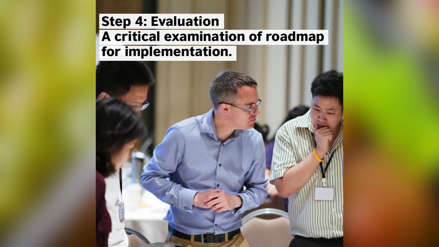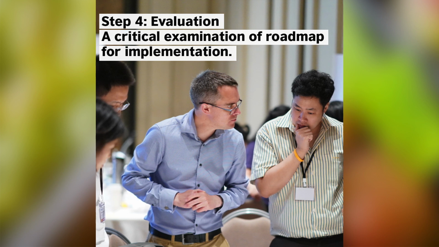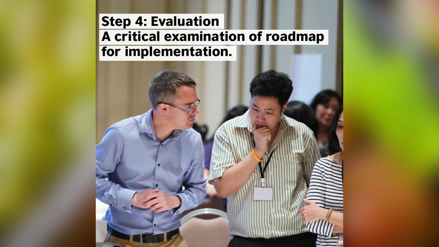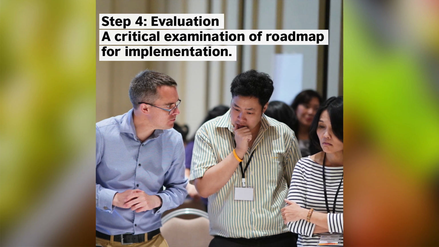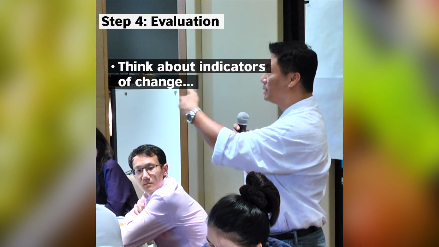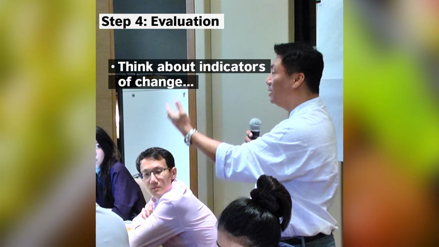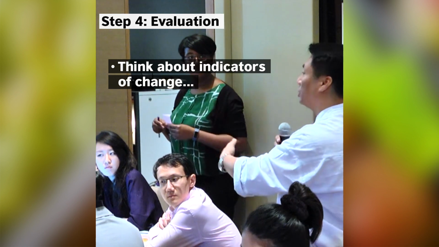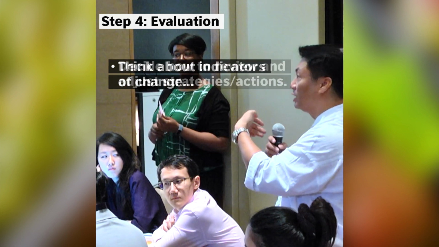This is the final critical stage of foresight. It involves examining and validating the structure, outputs, and impact of the roadmap in order to gain its support for its implementation. How are the identified drivers, trends, and their impacts likely to affect the roadmap? What indicators can you use to monitor these drivers or trends?